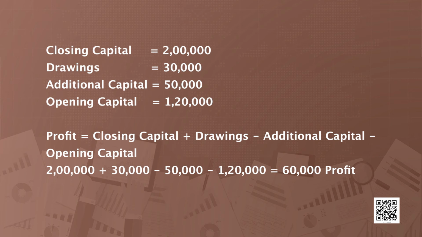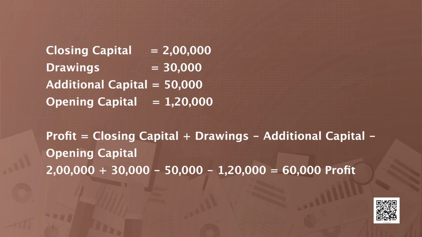Then we have drawings to be added. This is withdrawal, 30,000, added. Then we have to get additional capital, and additional capital is 50,000. It is to be deducted. 50,000 is deducted out of 230,000, which gives you 180,000. Then we have opening capital and it is to be deducted, that is 120,000, and the result is 60,000 and